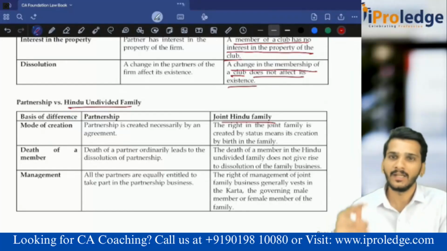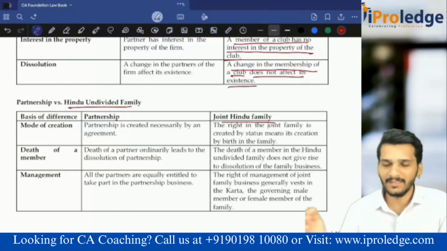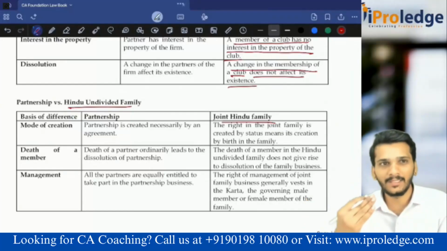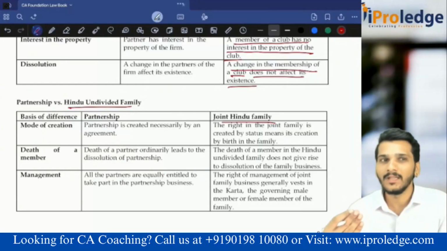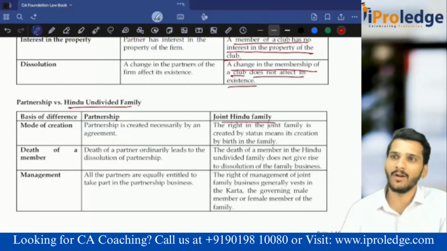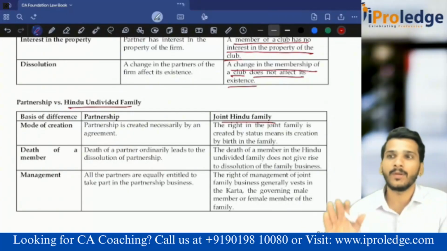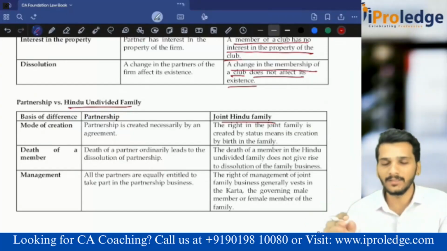So she will not be called a member of the HUF because she is an outsider. And whenever a daughter of this family marries and goes outside, she is still a member of this HUF only, unless she parts away from it. Whatever right she had has been taken out. But it is not so now because, as per the recent 2010 Supreme Court guidelines, even daughters, whether married or not, will have an equal share in the property of the parents. That is why they are still the partners, not partners, we call them co-partners.